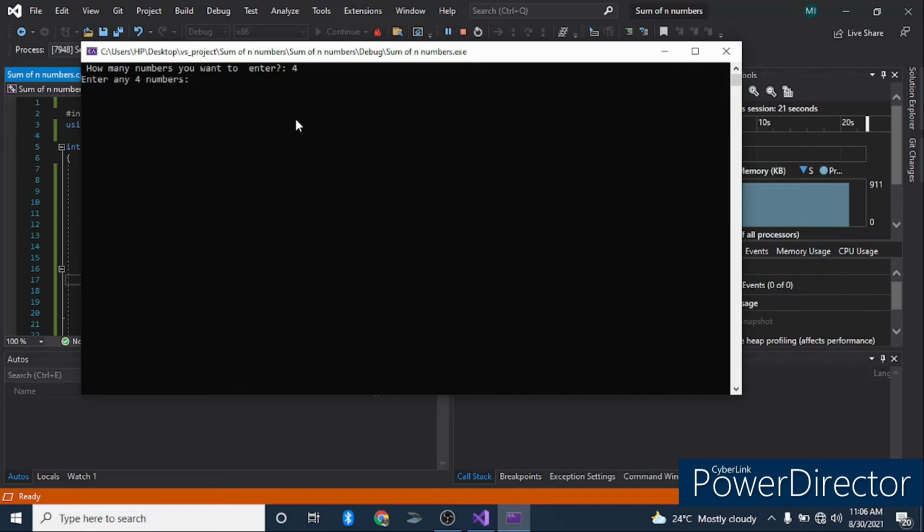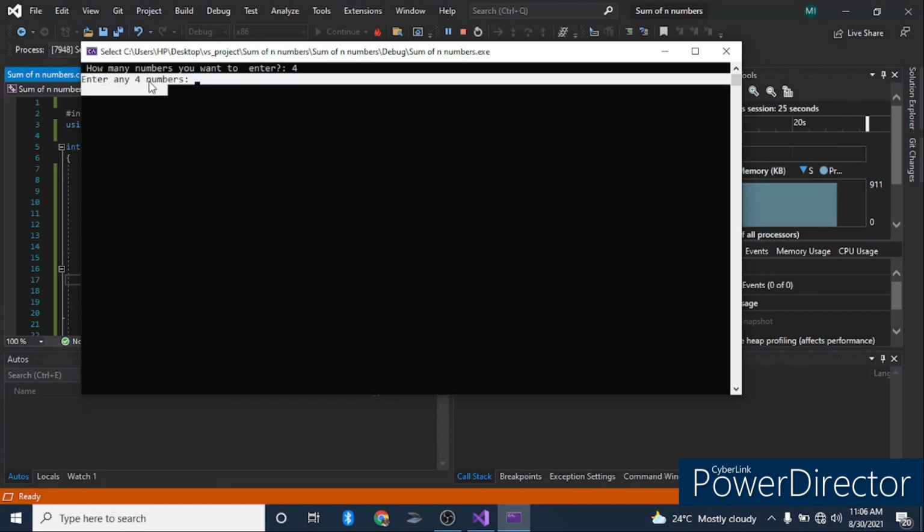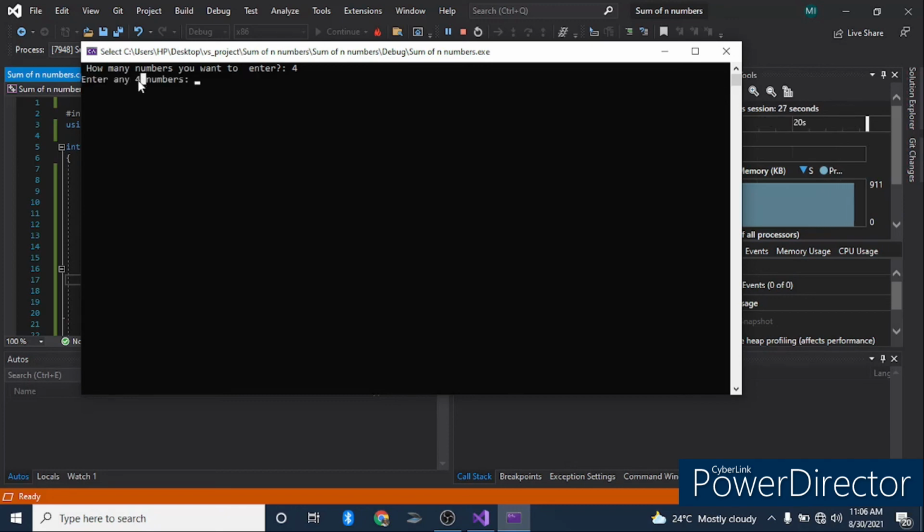Just press enter, and as you can see, the issue has now been rectified. So now there is a space between the number and these numbers. So it says enter any four numbers. So let me enter like 100 as my first number,